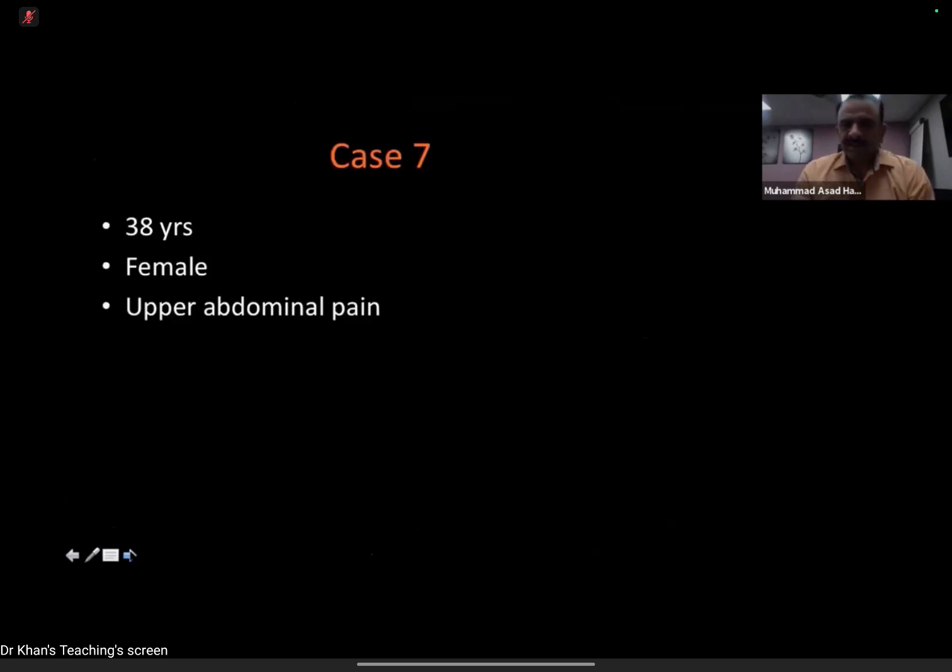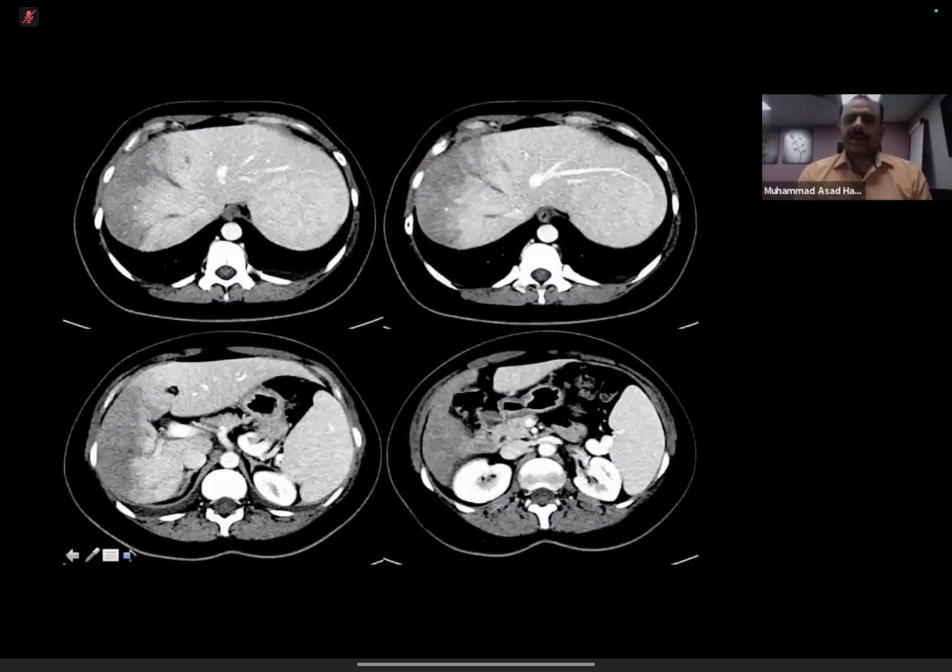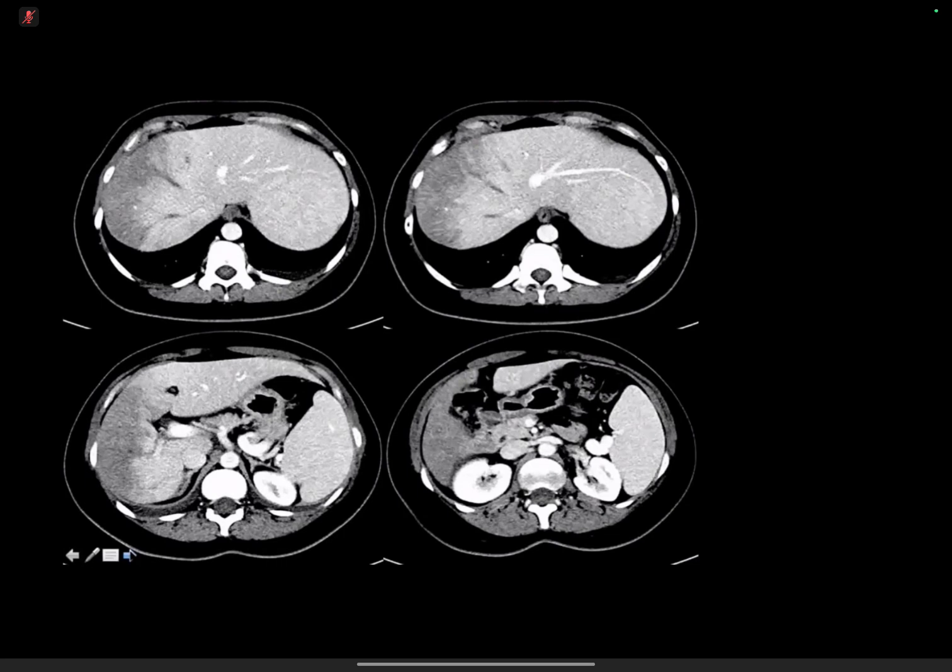Okay. So I'll just show you one more case. It's on a similar theme. This is a 38-year-old female who presented with upper abdominal pain, previously totally healthy. Selected CT images are presented. Kindly describe the findings. So through these axial slices of the CT abdomen to the liver and in the portal